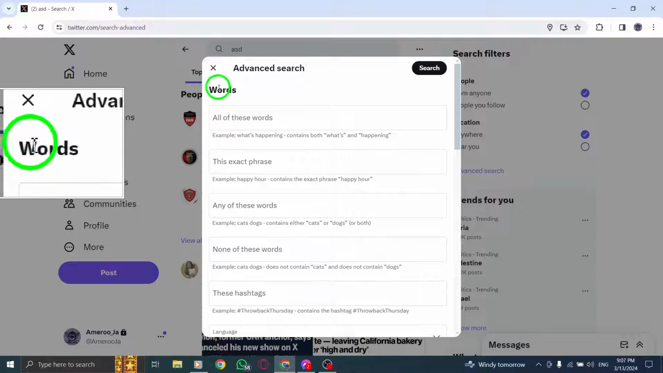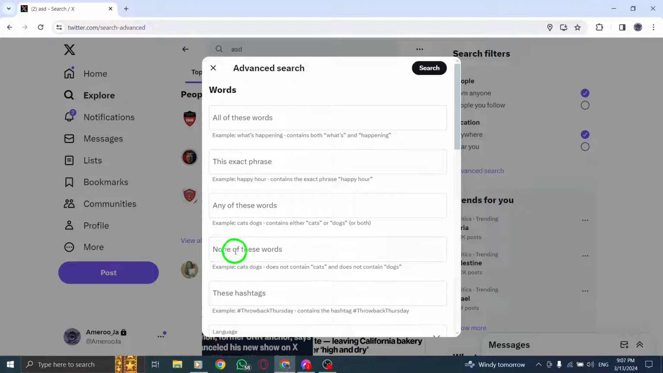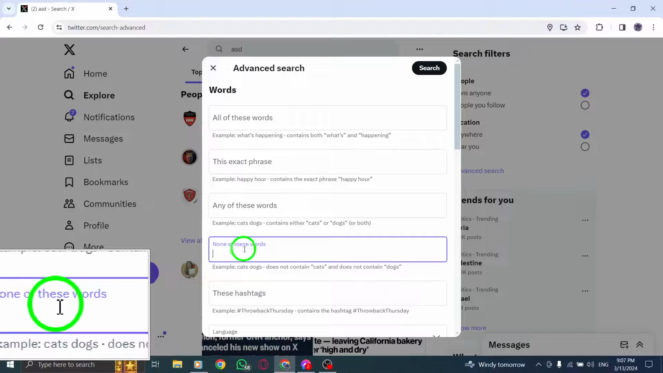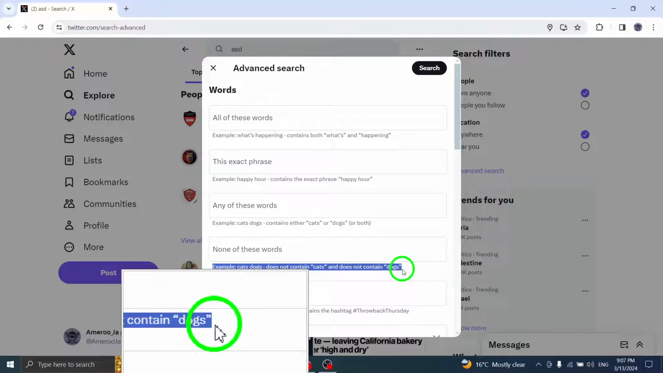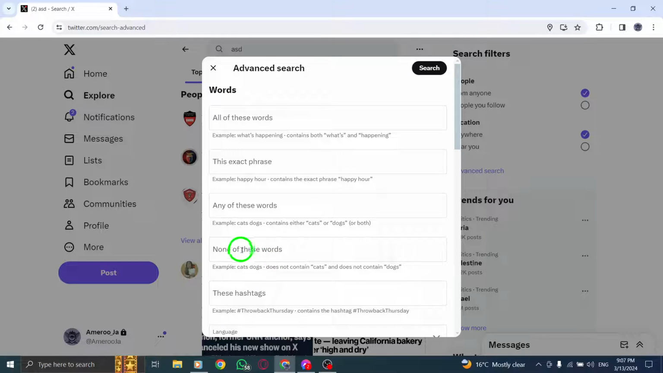To exclude specific words from your search results, enter those words into the None of these words blank. By following these steps, you can refine your Twitter searches and filter out content that contains particular words you wish